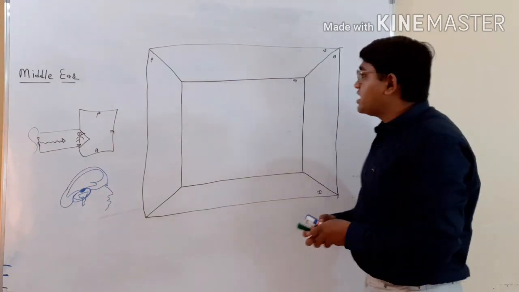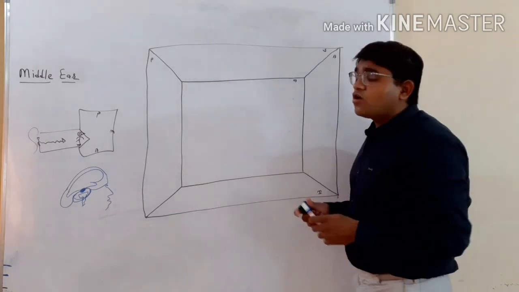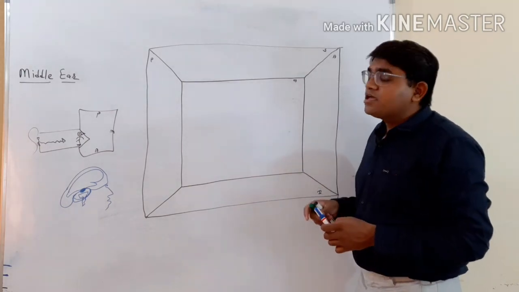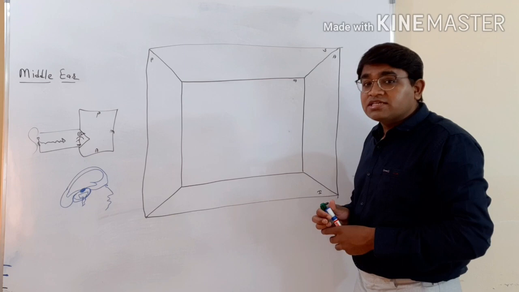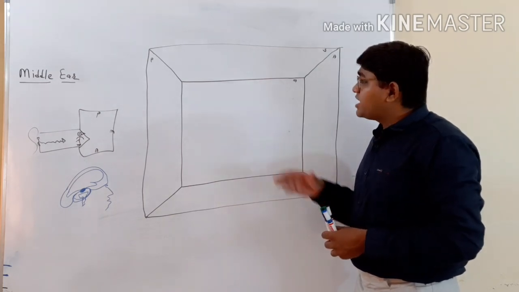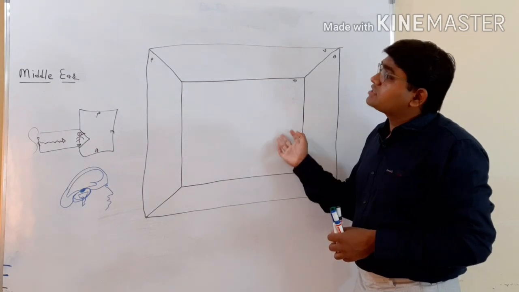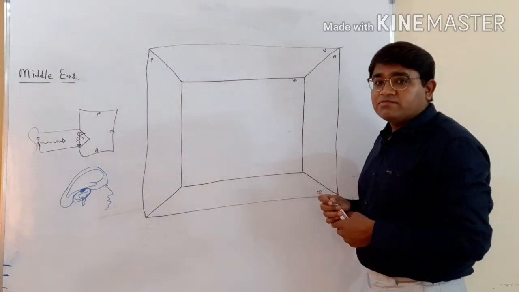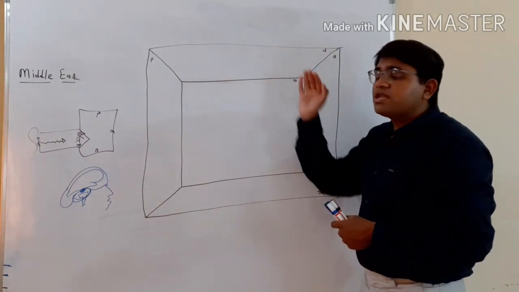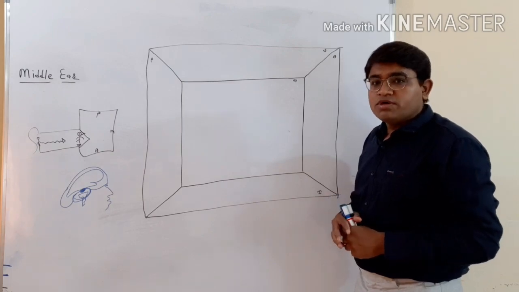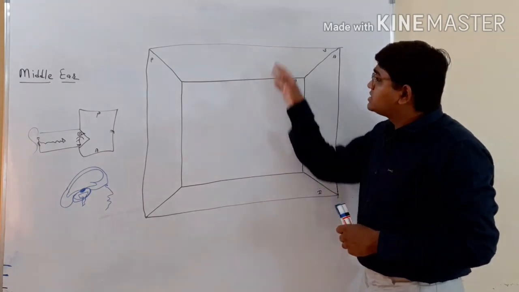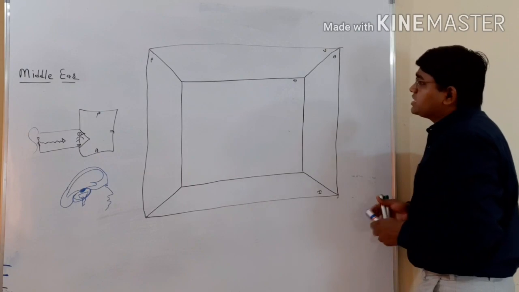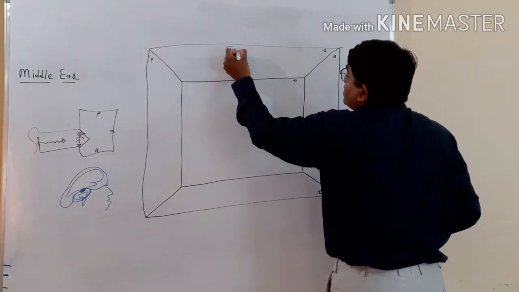In children, this tegmental wall is not completely formed and there is a gap in between. So the middle ear cavity directly communicates with the middle cranial fossa, and it is a little bit dangerous. If there is any infection in the middle ear, it can pass out through to the middle cranial fossa also. But in adults, this superior surface is completely formed by the squamous temporal bone and the gap in between is no more present.